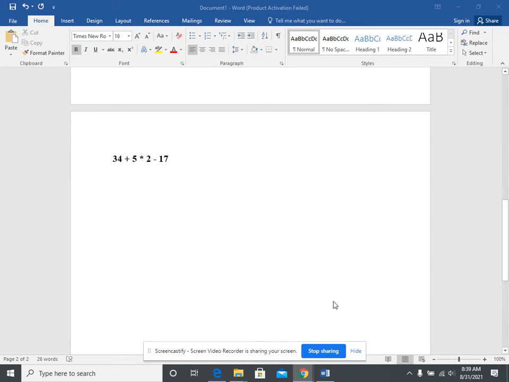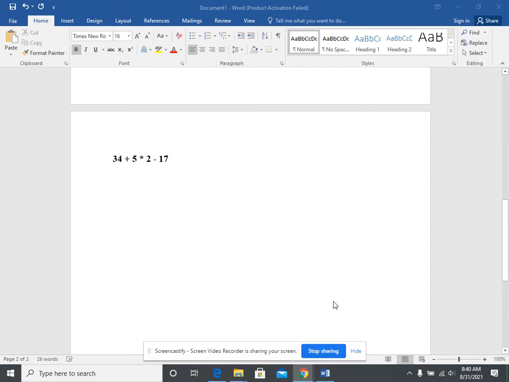First problem I'm going to have up here, we've got 34 plus 5 times 2 minus 17. So with order of operations, we've got PEMDAS, or as what I learned in school, please excuse my dear Aunt Sally. So parentheses, exponents,